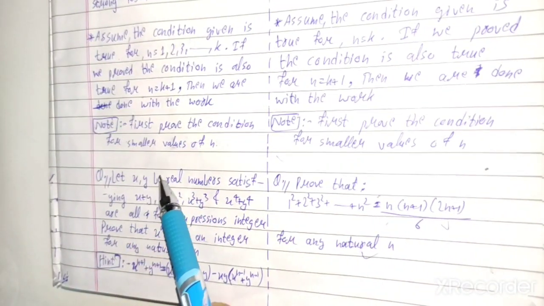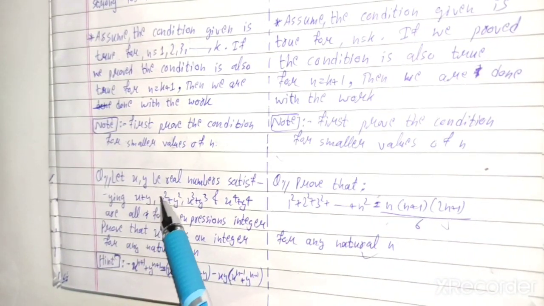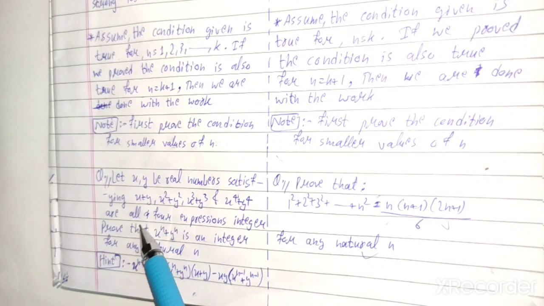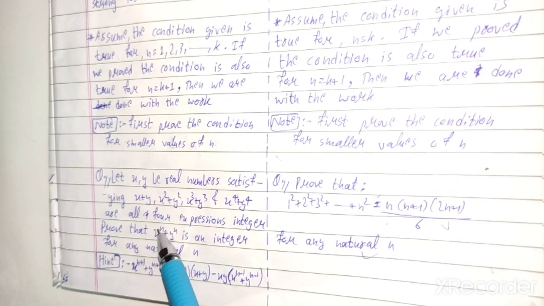Let x and y be real numbers satisfying that x plus y, x square plus y square, and x cube plus y cube, these expressions are all integers. You have to prove in general that x to the power n plus y to the power n is also an integer. Basically it is telling that